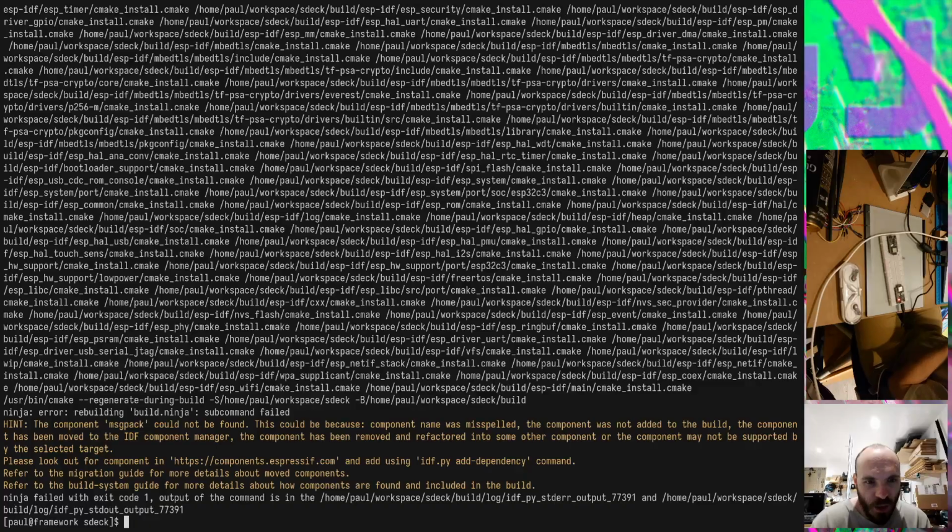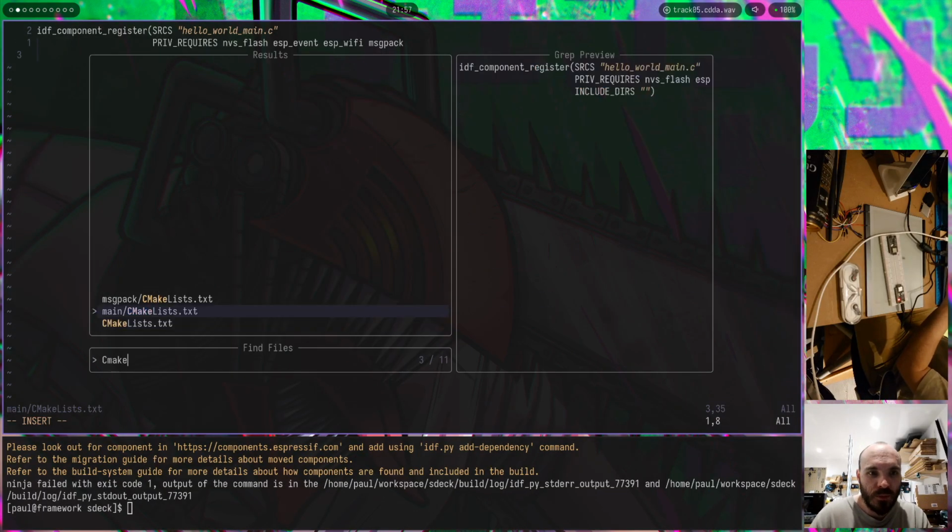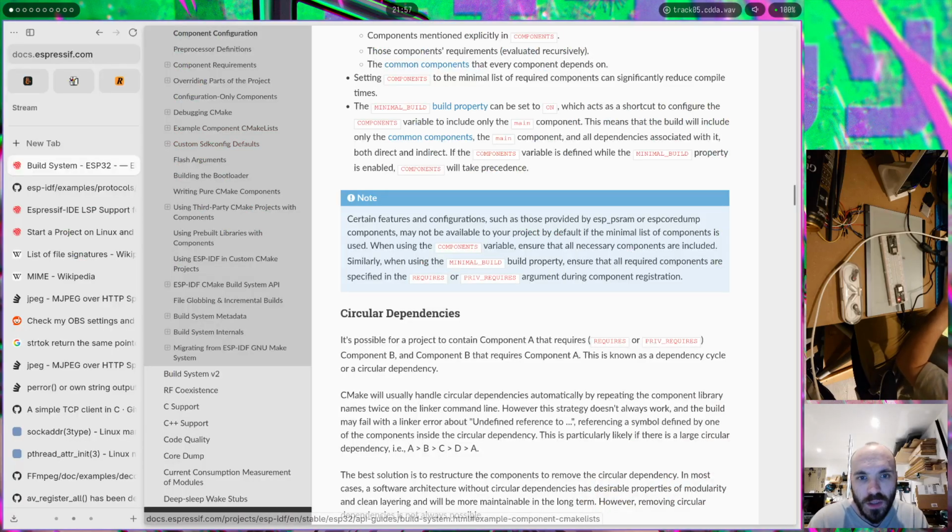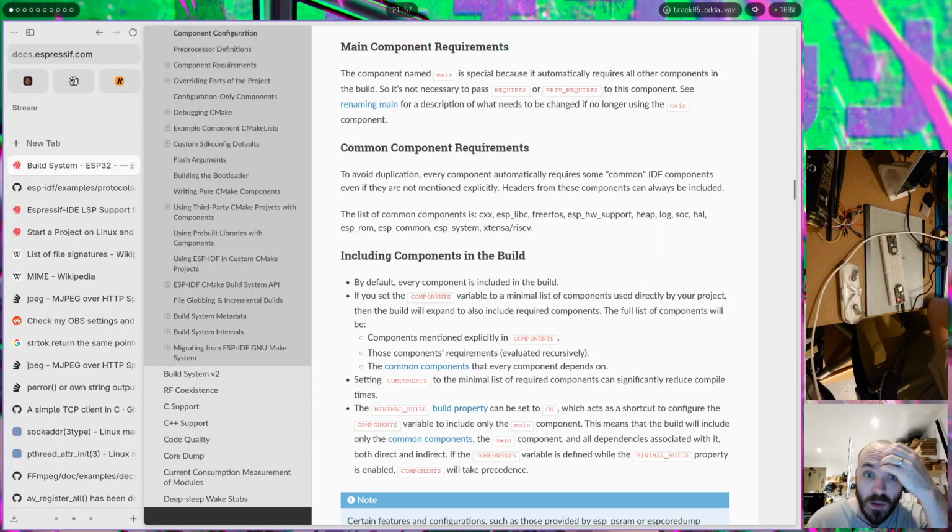The component MSG pack couldn't be found. It's interesting. SRC message pack and includes. Yeah, so it just defines it like that. By default, every component is included in the build. Yeah, so that's where I'm a bit